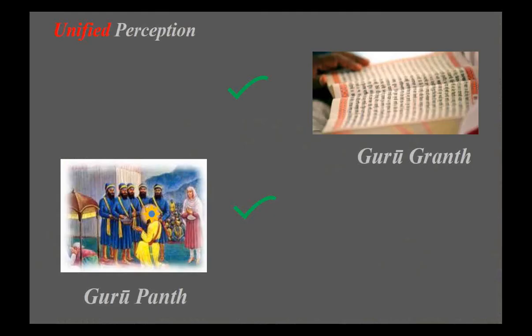So everyone knows in 1708, when Guru Gobind Singh Sahib was leaving this worldly body, he ordained that the Guru Granth Sahib will be our eternal Guru. In 1699, what did he do? After the Khande Ki Pahul ceremony, everyone knows this, there is no controversy around that. He asked for the blessing of Khande Ki Pahul from the Panj Pyare itself.